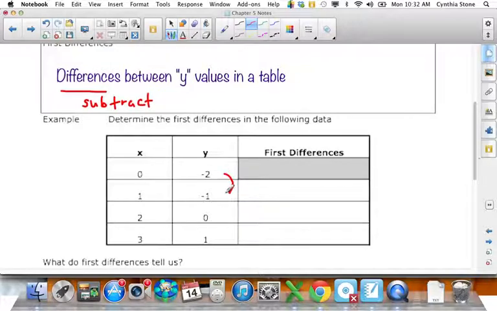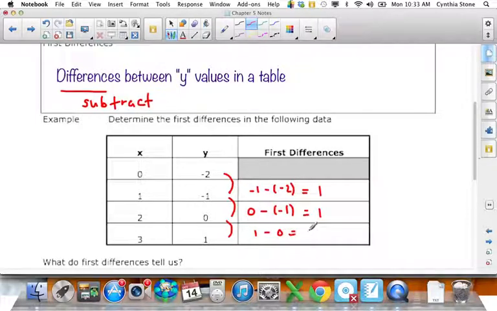The way you do a first difference is you go minus 1, minus minus 2. So the first difference would be minus 1 minus minus 2, equals minus 1 plus 2, or 1. And that would be the first difference. Let's see if it's the same for this one. Between those two, you're going 0 minus minus 1, equals 1, right? So it's the lower one, subtract the higher one. Here, the first difference between those two is 1 minus 0,